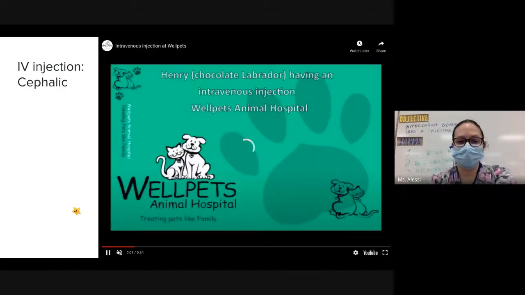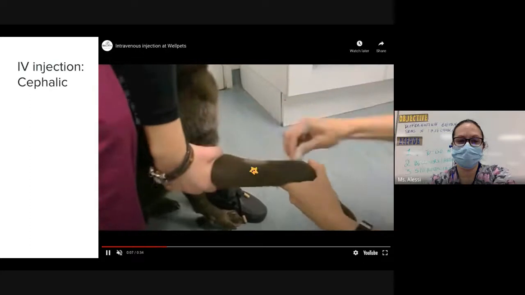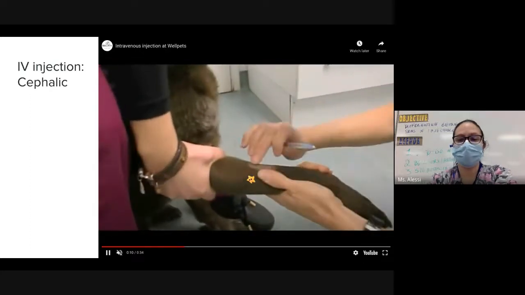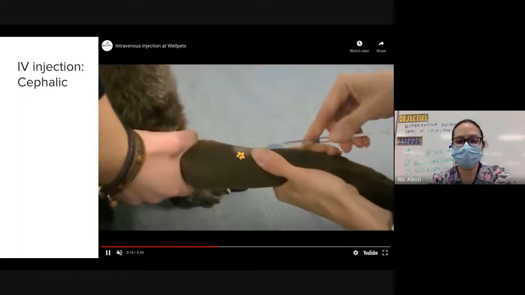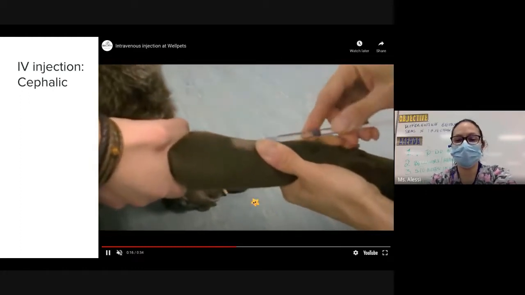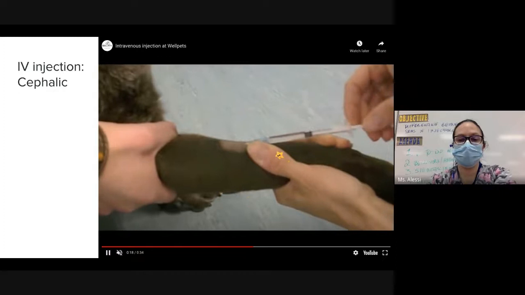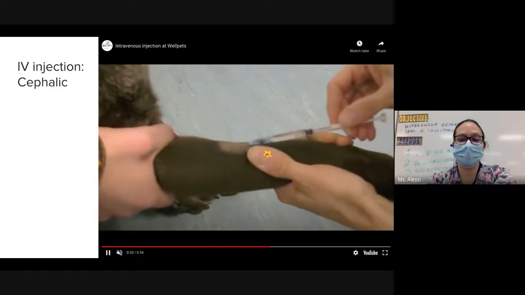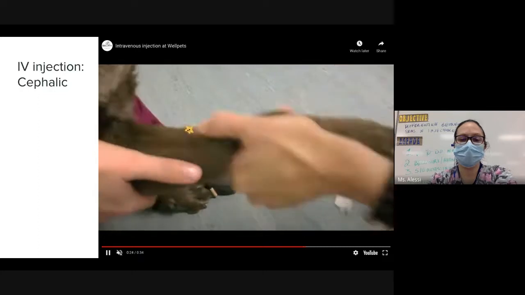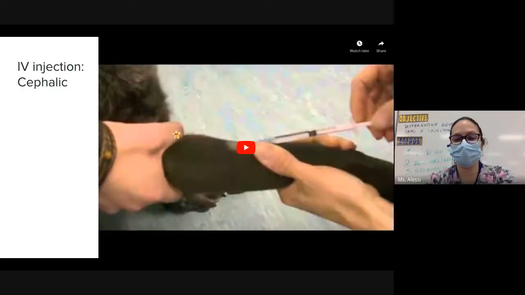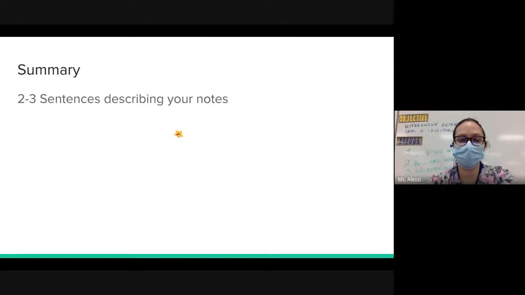Here's an injection into the cephalic vein. So we clean off that injection site because there's a needle going in. Definitely the hands would have been washed before I touch, and I'm touching above where I'm inserting the needle. I insert, pull back, there's blood, and there you go. Once the blood is in that syringe, that person relieves pressure so it can actually go through the vein and stops occluding. All right, and that is your injection